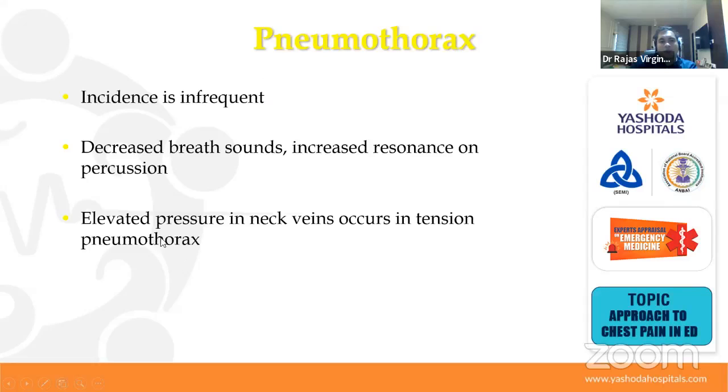You can see elevated pressure in the neck veins in tension pneumothorax because the pneumothorax is pushing the lung so much that it is causing an obstruction in the heart, an obstructive shock. And that pressure from the pneumothorax is causing an elevated pressure in the neck veins. This is an absolute emergency and needs needle decompression